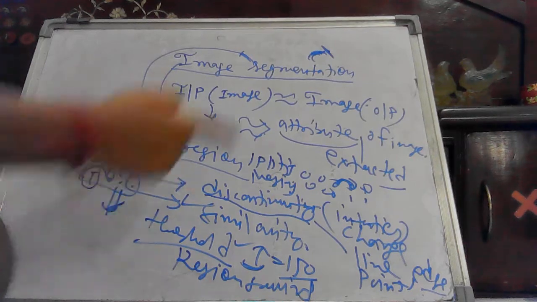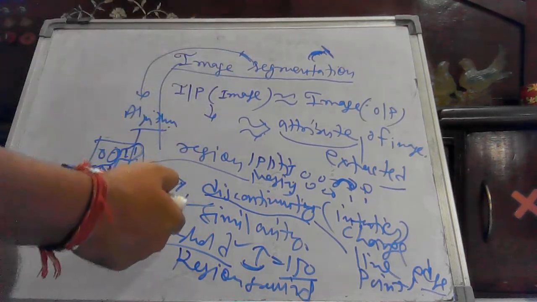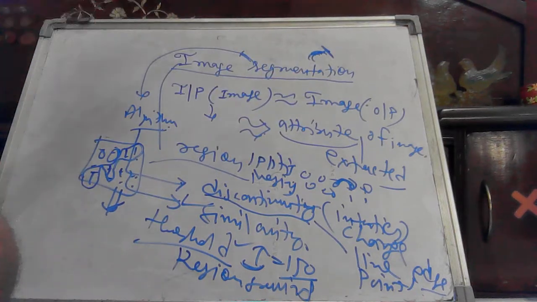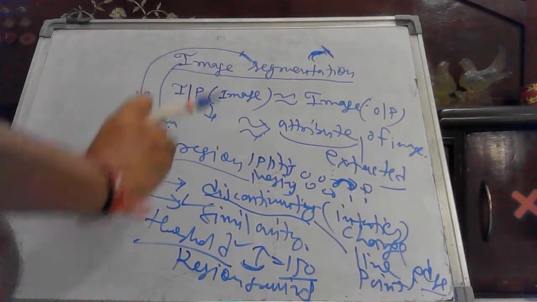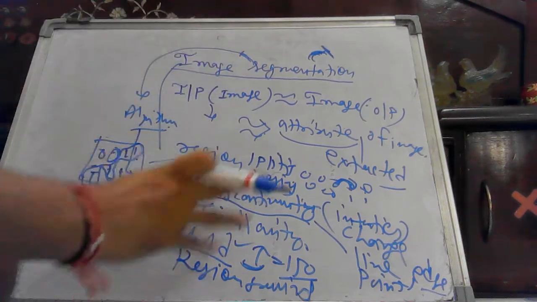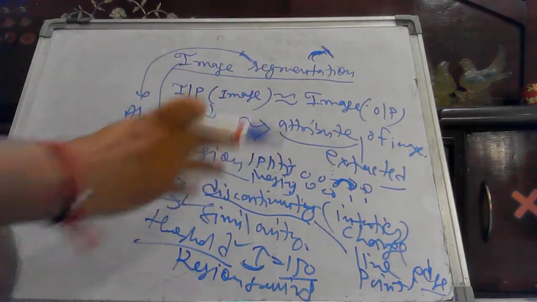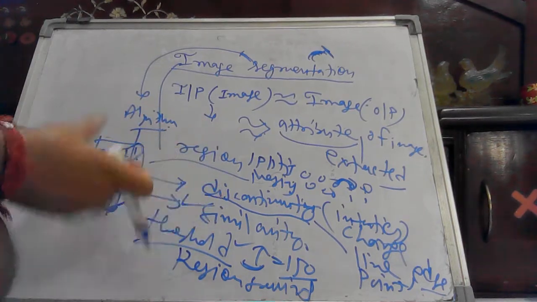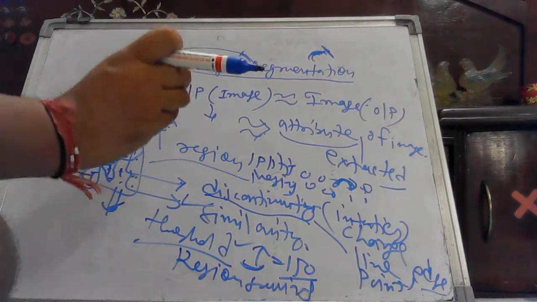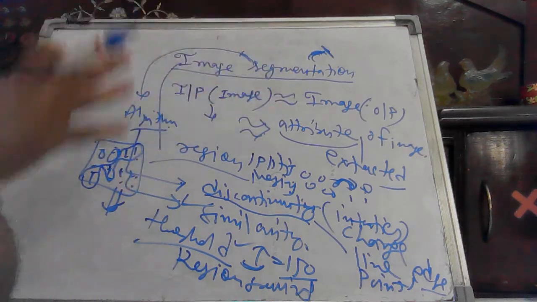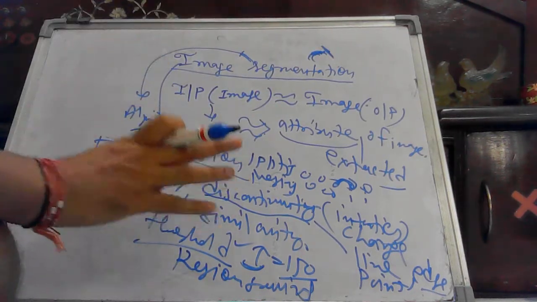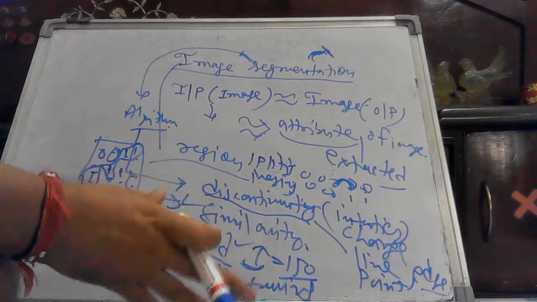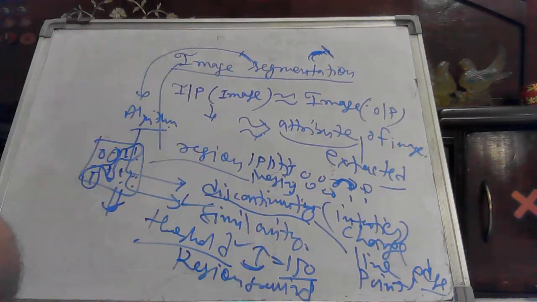The second approach of image segmentation algorithms may be based on similarity. First, we divide the image into regions based on discontinuity. Second, we provide regions in the image based on similarity. The similarity approach could be based on a threshold, second, growing the region based on similar criteria, region growing, and third, region splitting first and then merging. So now we will see these one by one.